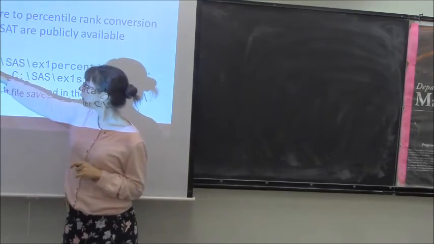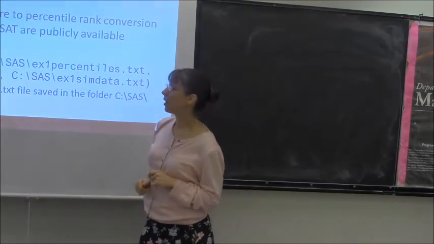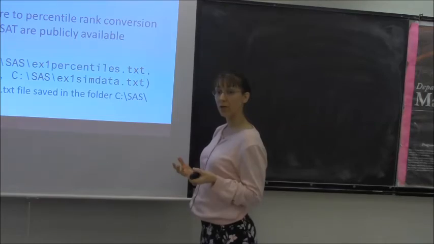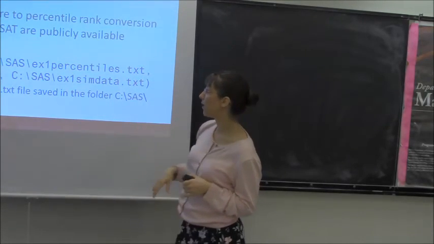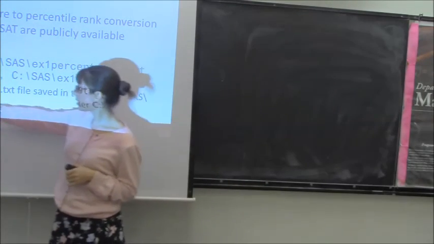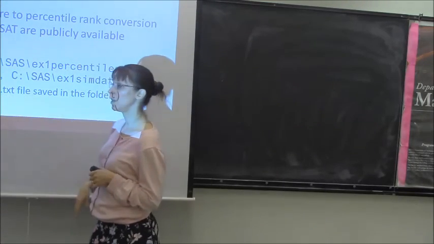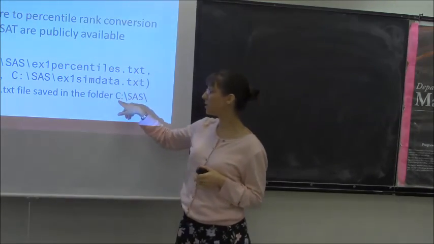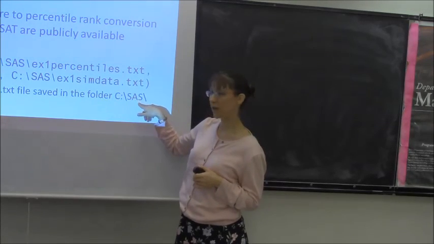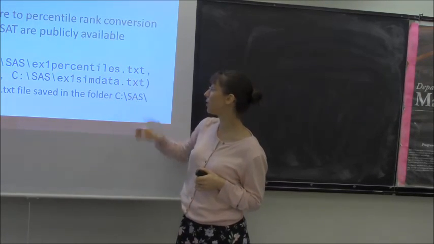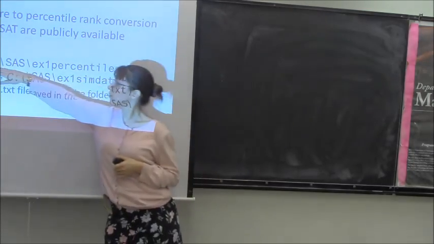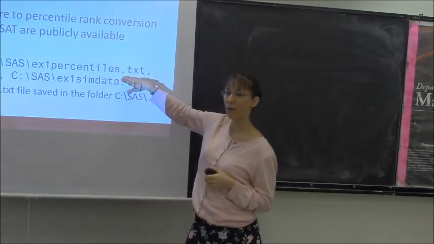Then we have a comma. This next item is the percentiles file. It's the location of the percentiles file. So I have a file, it's a text file, that I called ex1, example1, percentiles.txt, and I saved it in the C drive in the SAS folder. So SAS folder on the C drive, and so I go ahead and put the full file path and